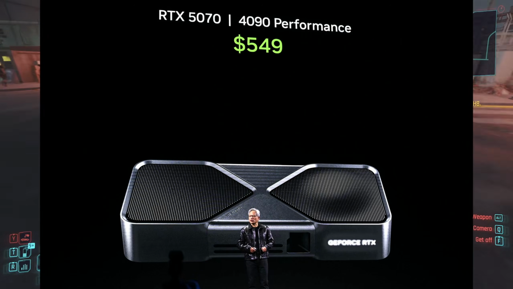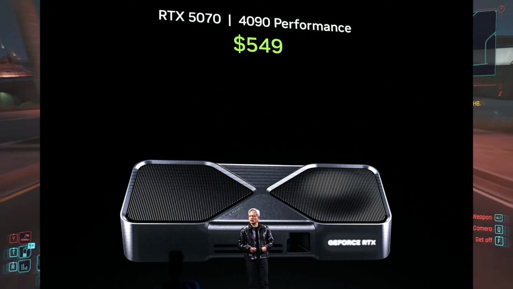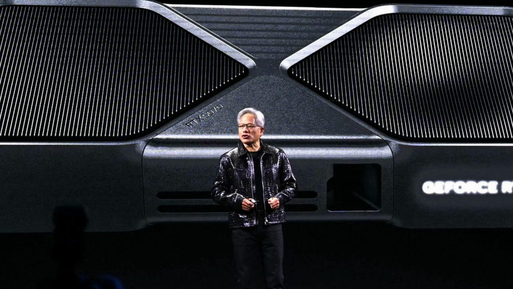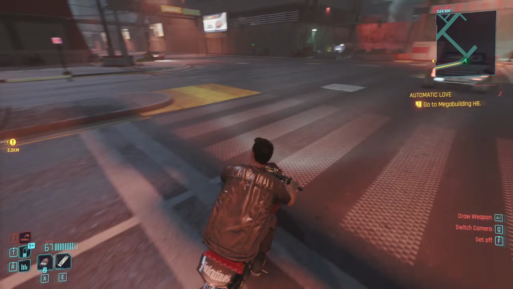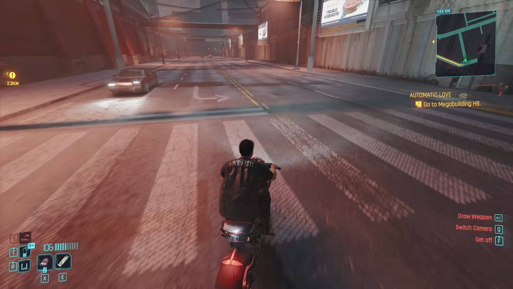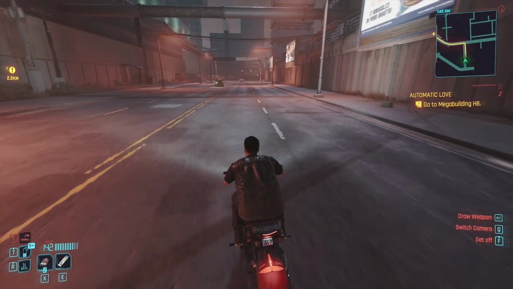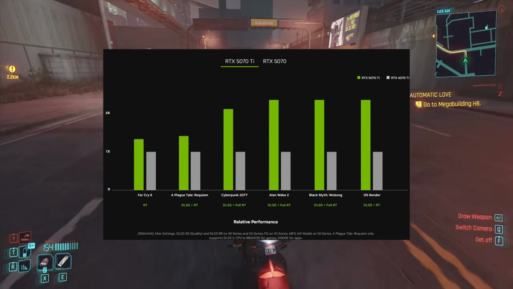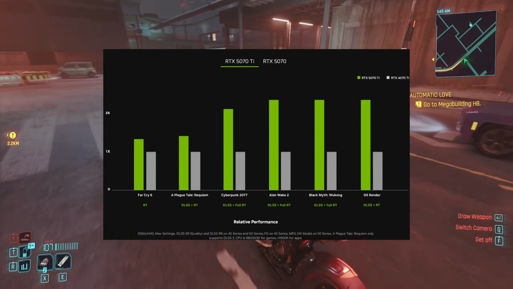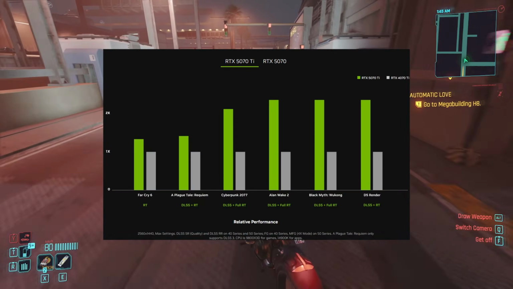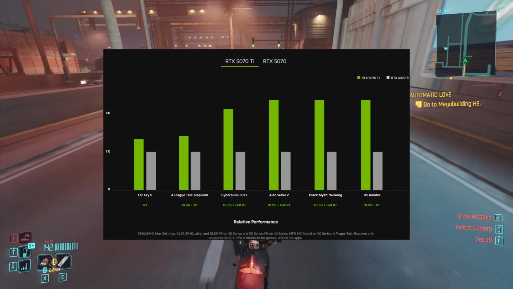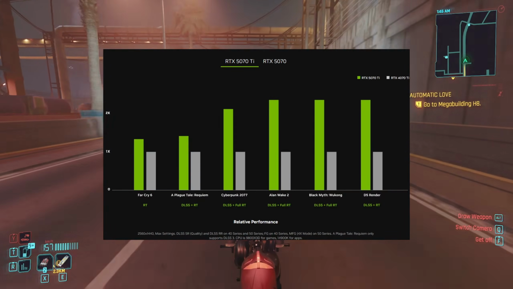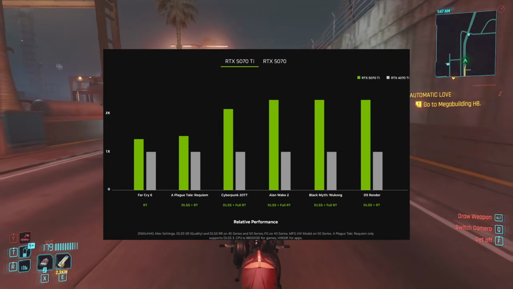As long as GPU makers don't market generated frames as real frames, then everything is well. Wait a minute, an RTX 5070 has 4090 levels of performance? Jensen, take my money now! Nvidia, and sometimes AMD too, are using frame gen benchmark results to artificially make their new products look better. While it is true that the new 50 series RTX cards support multi-frame gen, meaning to generate 2 or 3 frames in between 2 traditional frames, doing so increases latency even more, so the gameplay experience on these two bars are not comparable.